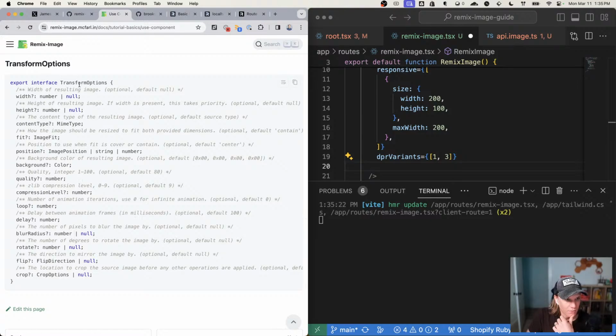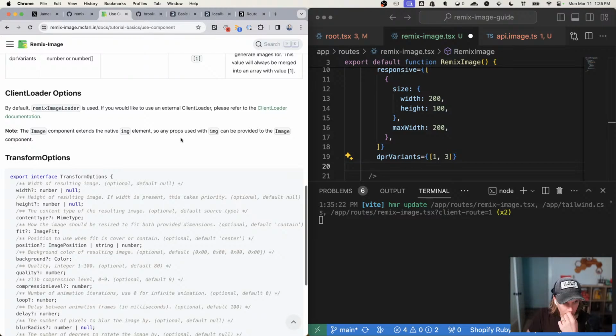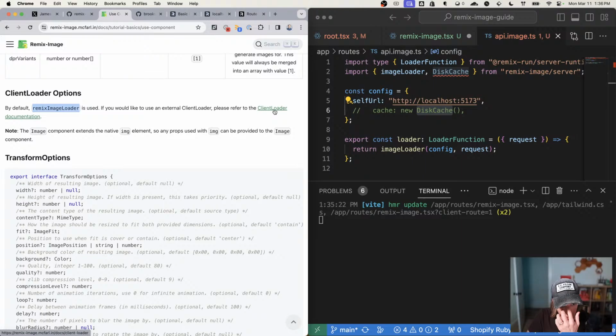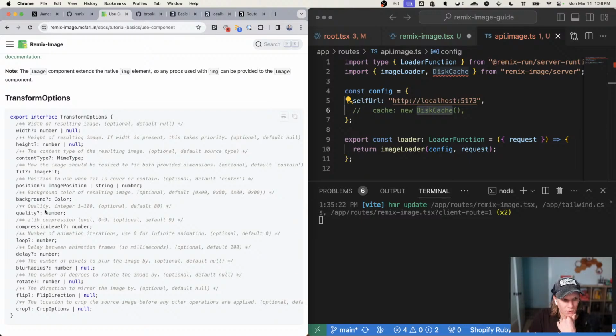Oh, here's more stuff. Transform options. By default, Remix Image loader is used. Is that this thing? Please refer to the client loader documentation. Okay, the image component extends the native image element, so any props used there. Cool, and then this is all the ways I can transform it, right? The main thing I want to know,